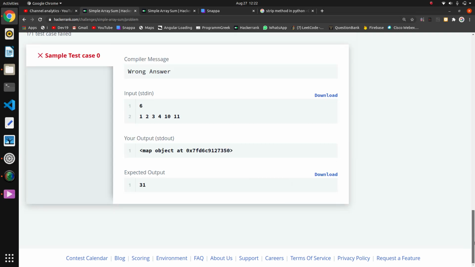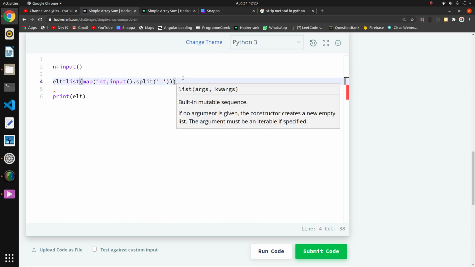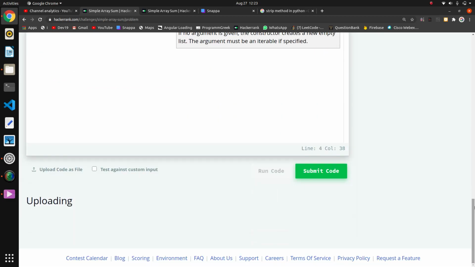After that there is a simple method. Here I want to convert that map into a list again. So I will write list here, because I wanted the output as a list, and that's why it was showing the map object.